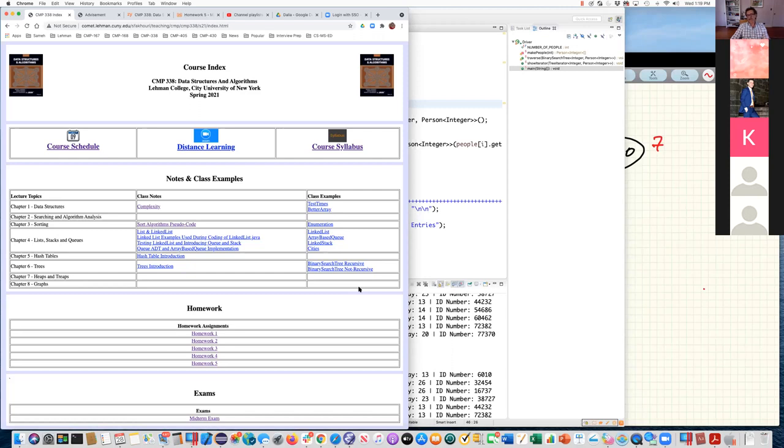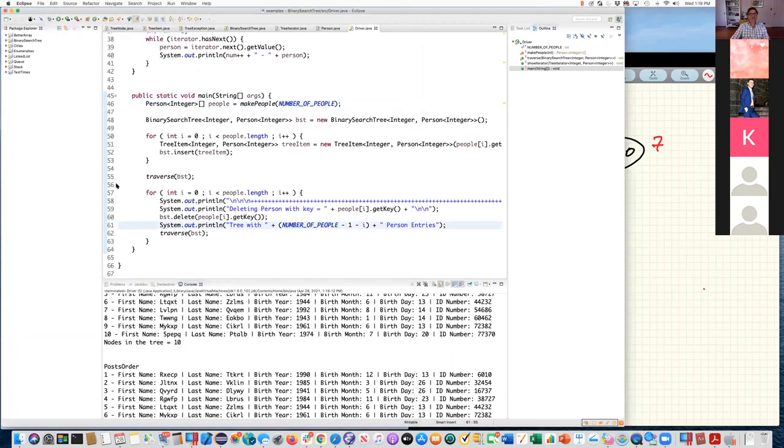Everything that is here we have done in class. The only difference is that I fixed that bug that we had yesterday and I added this particular code right here to delete from the driver, just to delete the nodes, the people from the tree, one person at a time. Okay, so that's it as far as the demo of the binary search tree that we have been doing, which has taken us forever to get through.